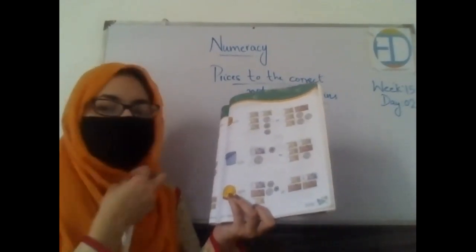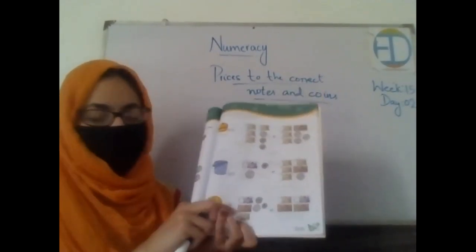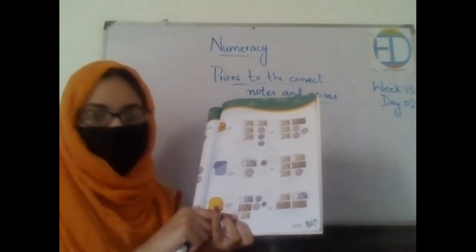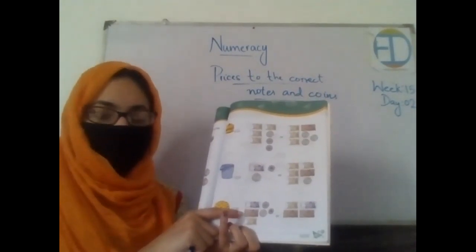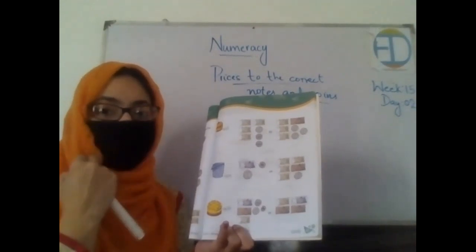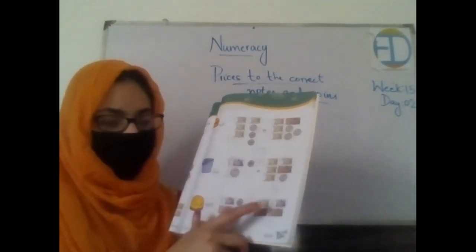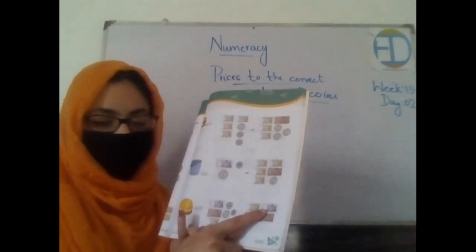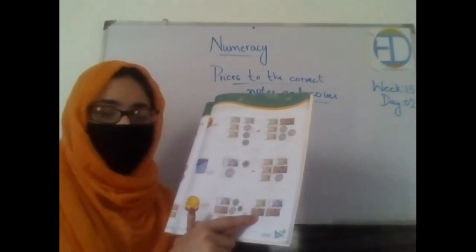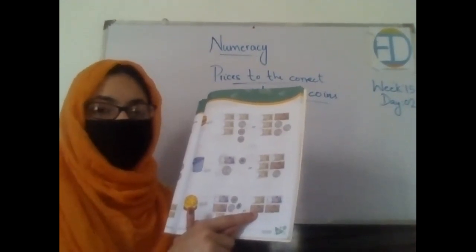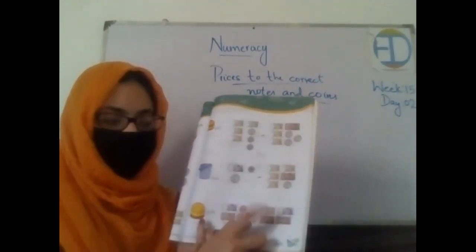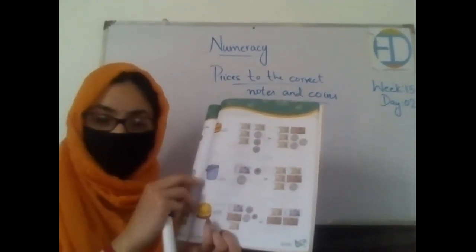Okay, very nice. So let's look at which pair makes 100. 50 plus 20 plus 10. 50 plus 20, 70, plus 10, 80, right? And 80 plus some coins does not make 100. So let's look at the next one. Over here, we have a note of 50 rupees, then 10. 50 plus 10, 60, plus 20, plus 20, 80, plus 20, 100. So this is the correct answer, the second one, right?